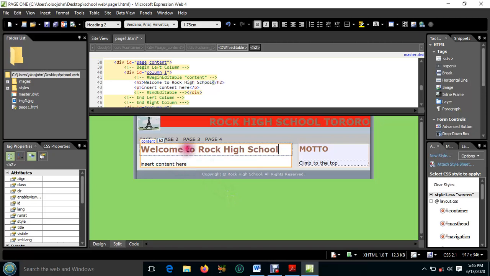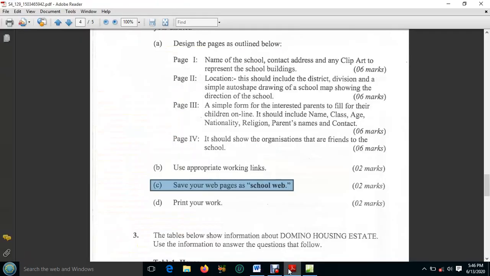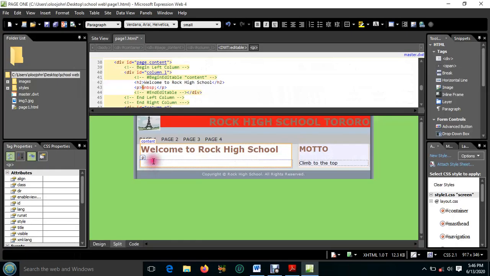Already the name of the school is there, Rock High School. Then here insert to add contents. That's where you can add in, because they also wanted the address, the contact address. Okay, so we can have